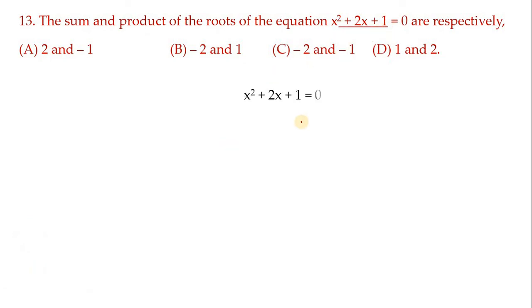So consider the given equation and split the middle term. To split this, multiply the first term by the last term, and we get 1x square. Write the factors for 1x square: we get 1x and 1x itself. Hence in place of the middle term, write x plus x. Now take the common factor. Here the common factor is x, and here nothing is common, so take 1 as the common factor.